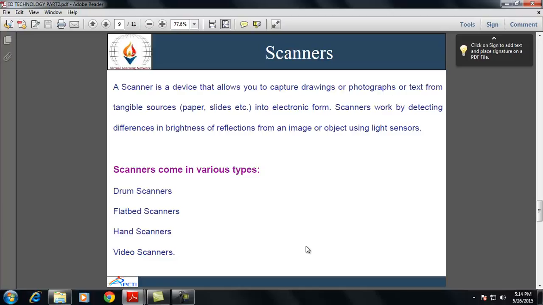If we want to input any text or graphics with low effort, in a time saving manner, then we can use a scanner. A scanner can be a drum scanner, a flatbed scanner, a handheld scanner, or a video scanner.